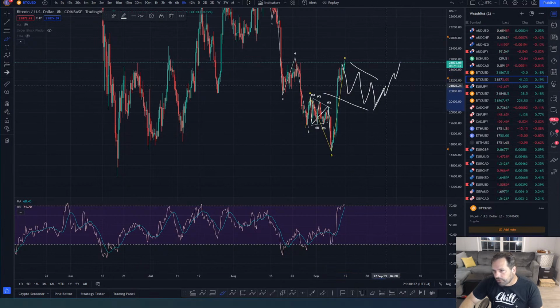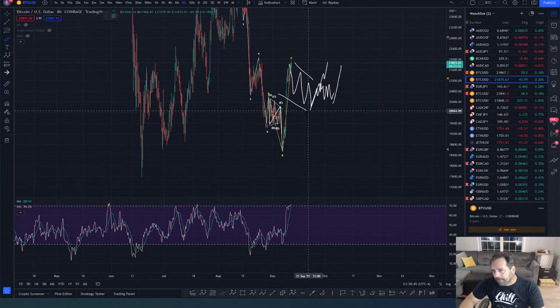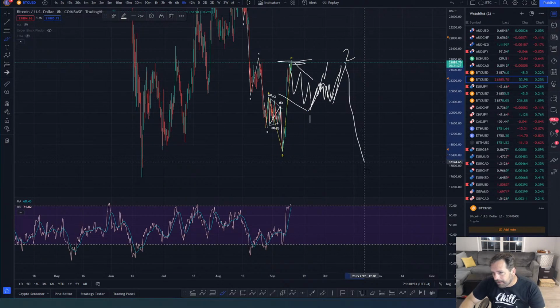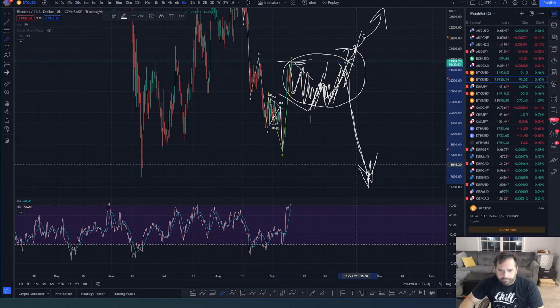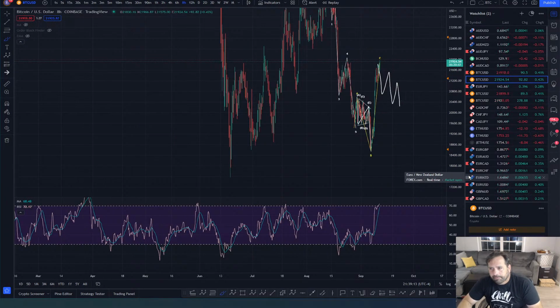So it traps longs. It'll probably play around for a bit, shoot up with a C wave, right here. And this will be a leading diag wave 1, and this will be a wave 2, but it'll go up fast, retest the high, and then dump on you. Okay, that's probably the way it's going to play out. And that's how they'll trap you. They'll think, we got the pullback, and now we're getting continuation. Here we go, and then they dump it on you. Okay, so that's my take. That's my count. That's what I think is going to happen.